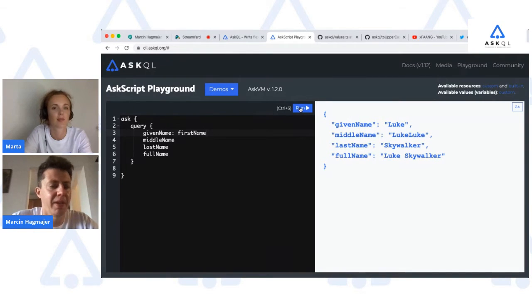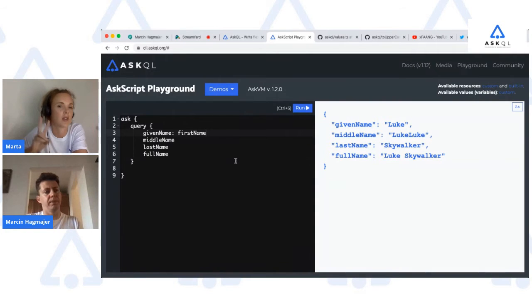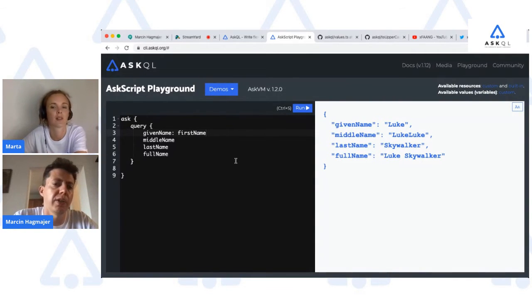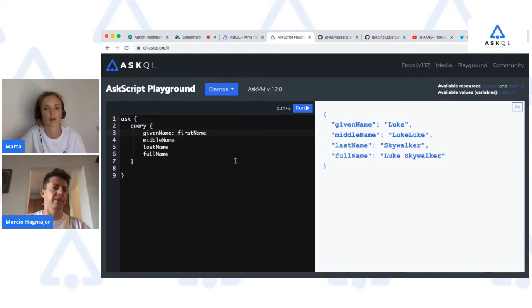You see? By using this, we're not changing the data, we're just changing the keys. The keys, because when you call a different server, they are the ones who assign those keys. Now that you requested it, it may be more useful for you to change the keys to something else, because in your system it may make more sense to call things given name, not first name. Right. Yeah, of course.